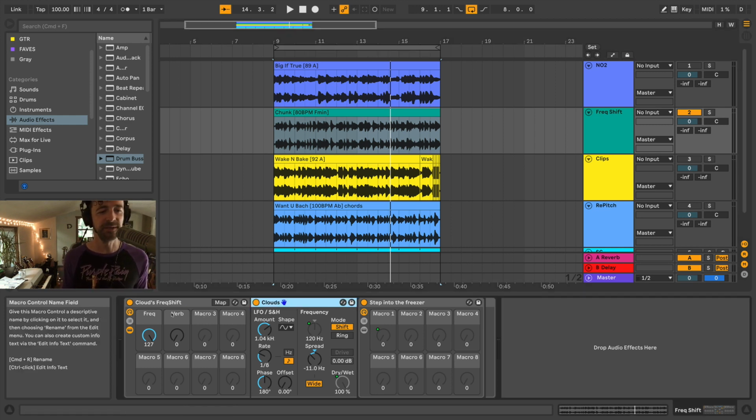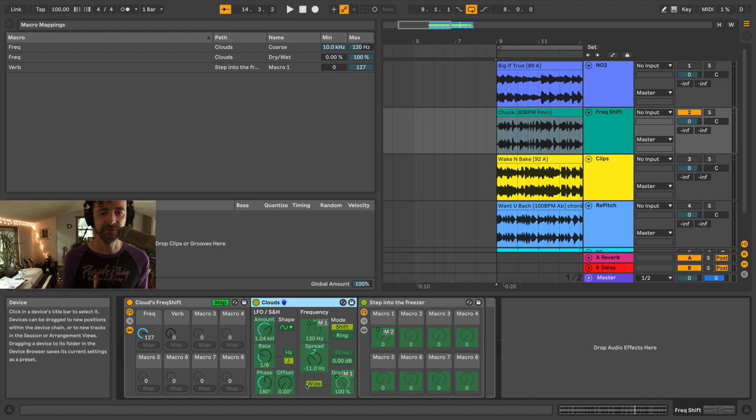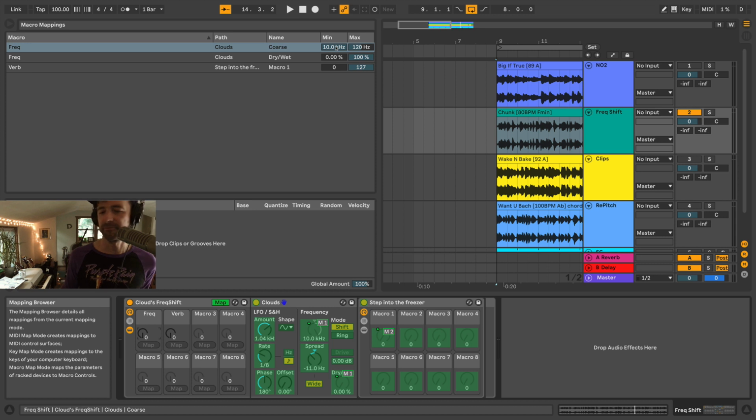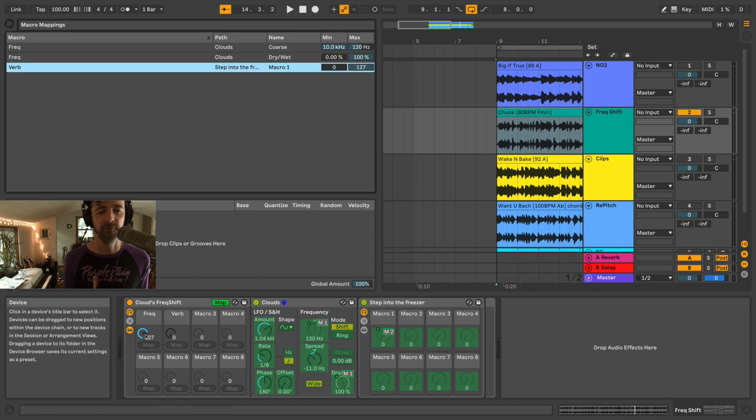Cool? So really what's happening here in our macros is that the frequency is mapped to 1 and it's just in reverse effect. So when it's minimized all the way to 0 or to 1, then it's at the top frequency, the highest. And then when it's all the way at 127, it's at the lowest. And so I can manipulate those right here. And I kind of had to mess with it a little while. And then the dry/wet is just linear with this macro,